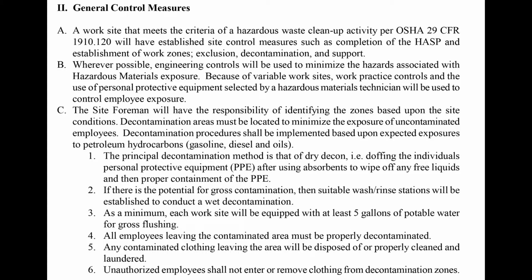C, the site foreman will have the responsibility of identifying the zones based upon the site conditions. Decontamination areas must be located to minimize the exposure of uncontaminated employees. Decontamination procedures shall be implemented based upon expected exposures to petroleum hydrocarbons, gasoline, diesel, and oils. Number 1, the principal decontamination method is that of dry decon, i.e., doffing the individual's personal protective equipment, PPE, after using absorbents to wipe off any free liquids and then properly containing